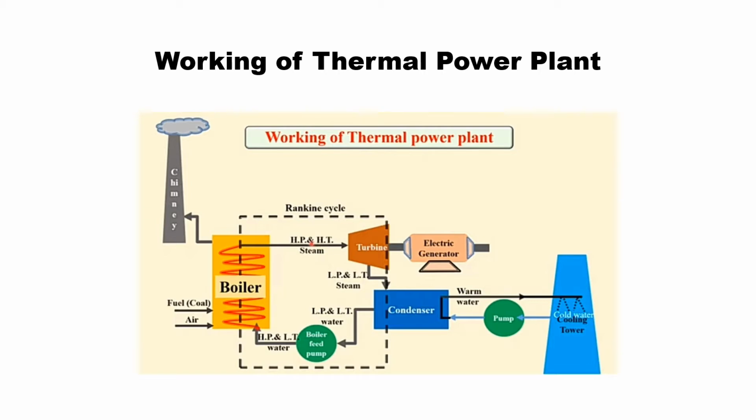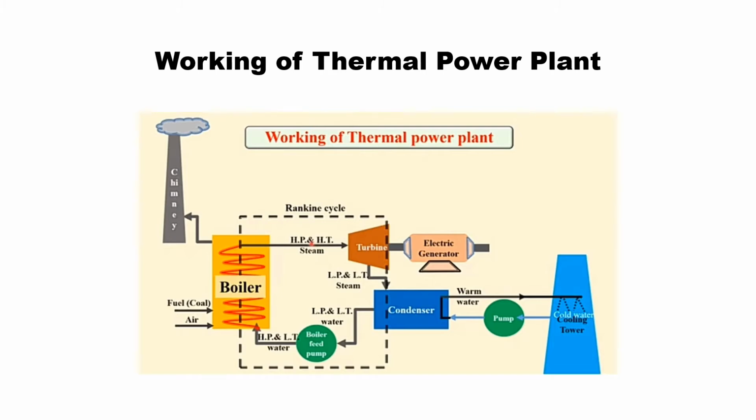Let us see the function of each component. Boiler is a device which will generate high pressurized steam. Input for the boiler will be water and output from the boiler will be high pressurized steam. Here you can see in the boiler there are two connections. Water will be going inside and flowing through tubes, and then that will come outside from that particular pipeline. Inside the tube we have water and it is flowing.